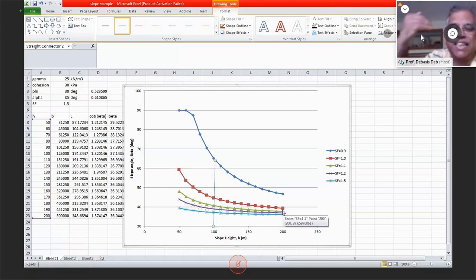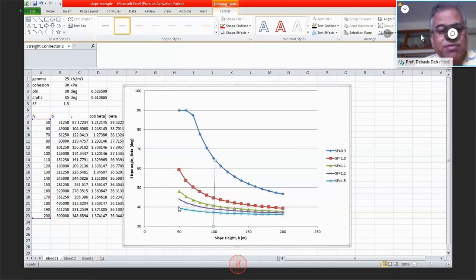So your back slope is gradually coming down, so the slope angle has to reduce overall. You cannot maintain the same slope. This is number one, you need to understand. Number two is